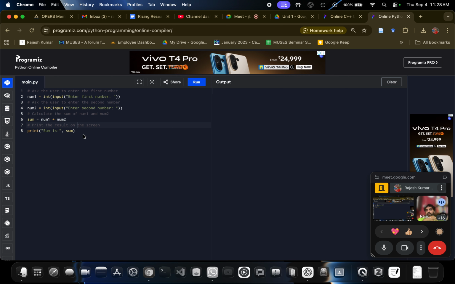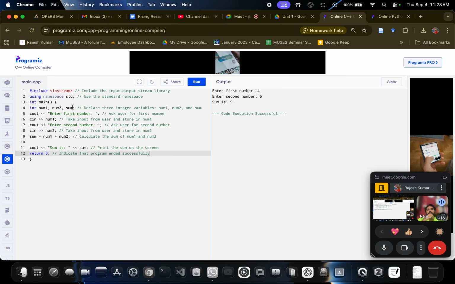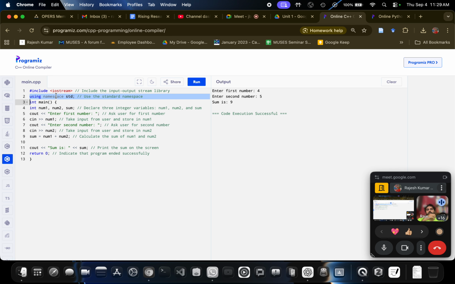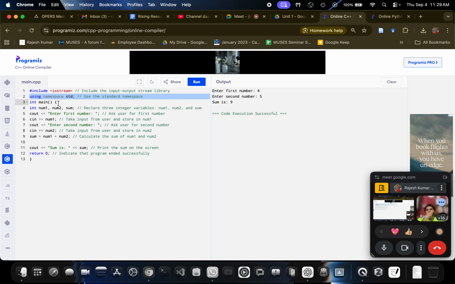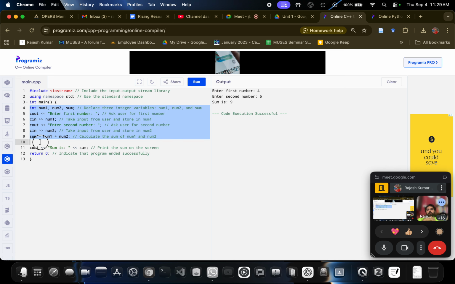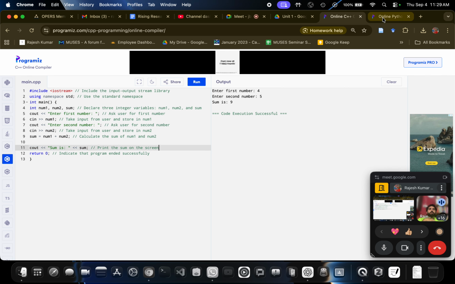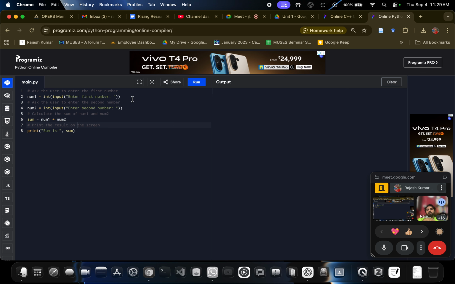So there is no weird things that you don't understand. For example, in the online C++ code, you will see there is something weird, which is more computationally motivated. Here it is there, here it is there, here return is there. So we only care about these lines. But in C++, we have to write all those stuff. But in Python, we can just write the lines where we actually need what we are doing.